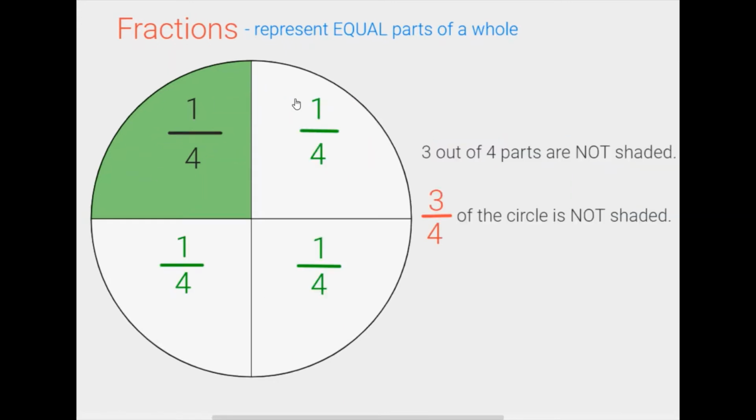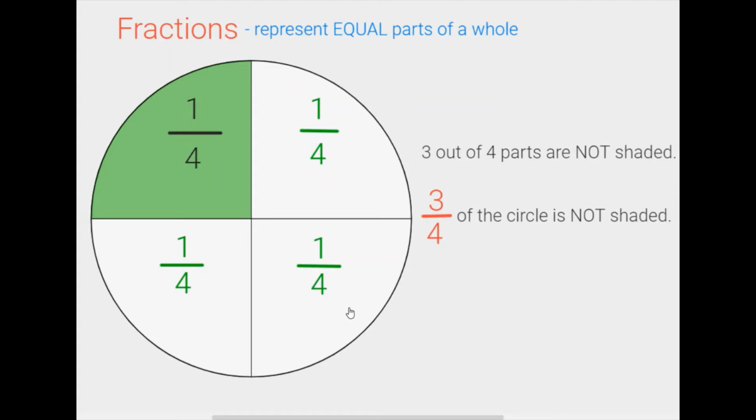Now, if we look at this circle and we look at the not shaded parts, we say 1, 2, 3. 3 out of 4 parts are not shaded. And if we want to find out the fraction of the circle that is not shaded, since each of these 4 parts is 1/4, 1/4, 2/4, 3/4. 3/4 of the circle is not shaded because 3 out of the 4 parts